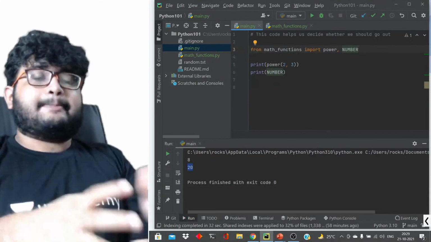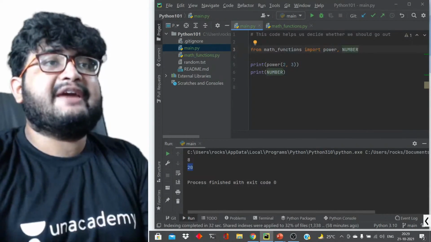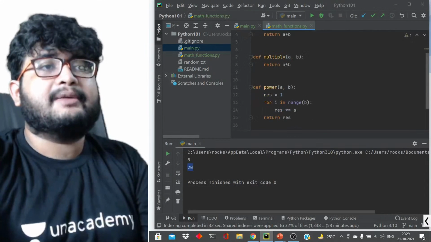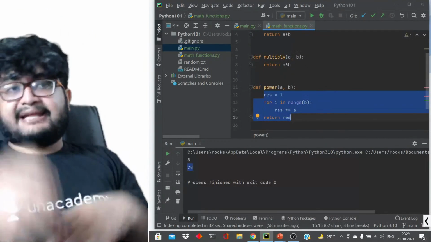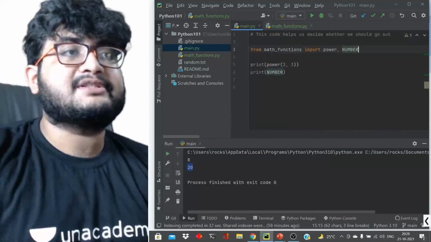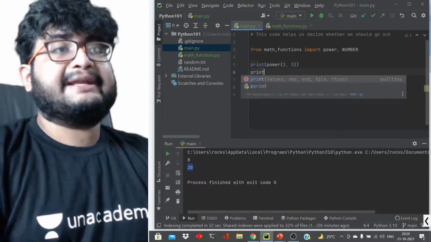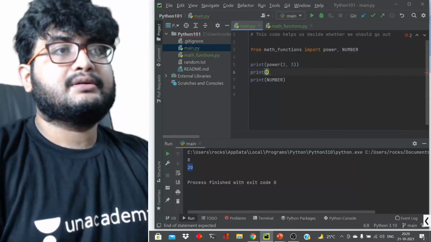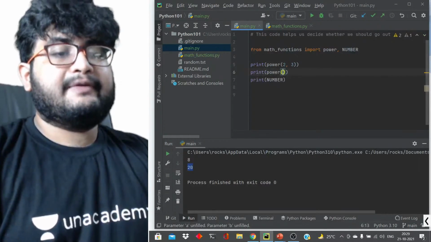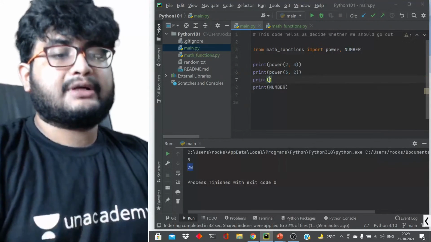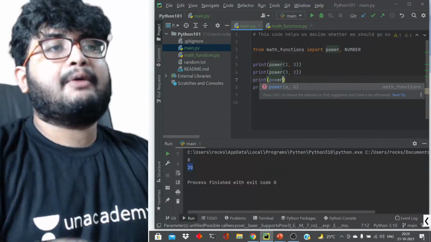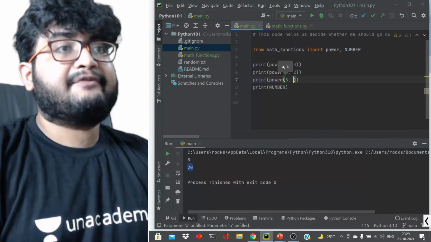You can separate out functions. Like we have created a power function here, right? It is like 4 lines of code. Let's say you want to compute power multiple times. If you didn't break it down into a function, we want to compute 3 to the power 2, 5 to the power 2.